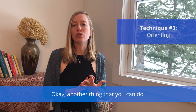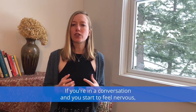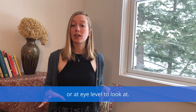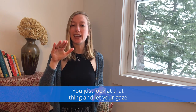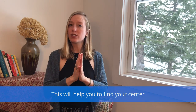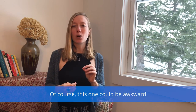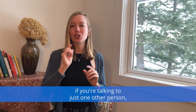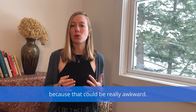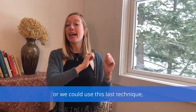Okay, another thing that you can do, this is called orienting. If you're in a conversation and you start to feel nervous, you can simply find something maybe on the table or at eye level to look at. You just look at that thing and let your gaze settle on that thing for a few seconds. This will help you to find your center and to calm things down. Of course, this one could be awkward if you're talking to just one other person and you start looking around. So we don't want to do that because that could be really awkward. We want to either look at something right in front of us, or we could use this last technique,